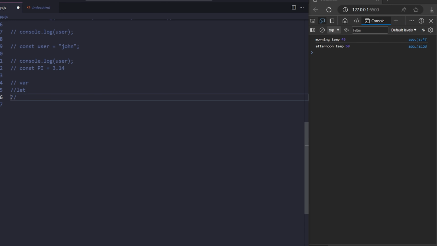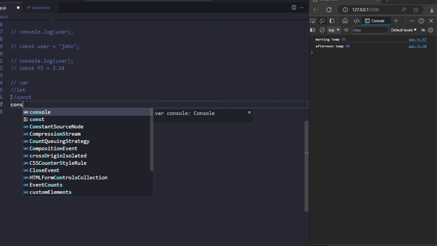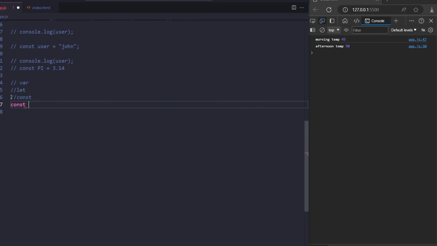And now we'll talk about where you can use the const keyword. Now the const keyword, as I said already, if you have values that you don't want to change in your program, then you can use the const keyword. And I also suggest if you're using an array or an object in your program, then try to create this variable with a const keyword. Okay, like we have an array, and here we'll create a simple array 2 3 4 5 6